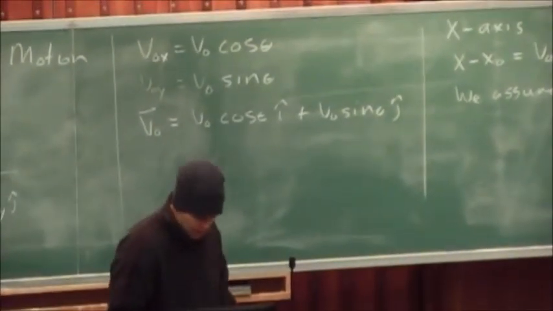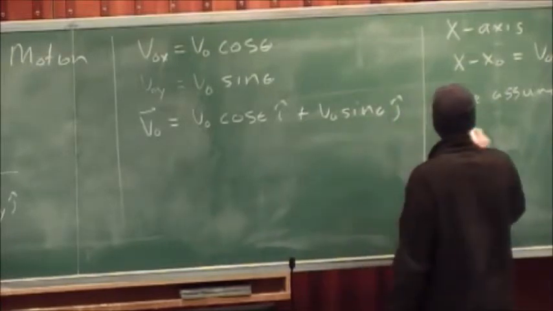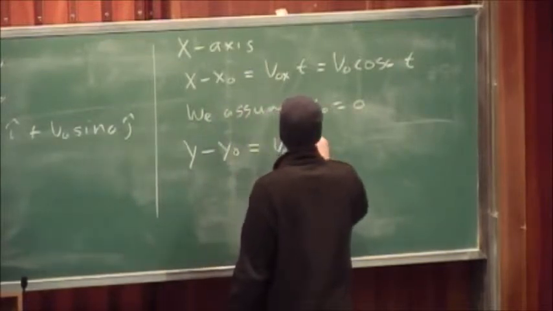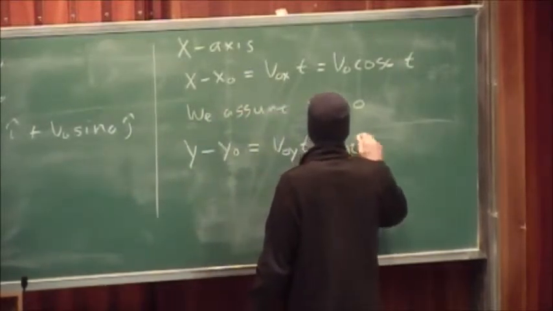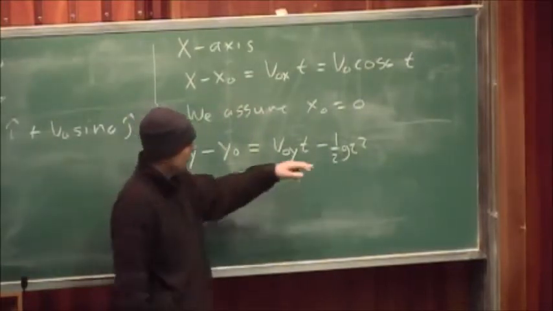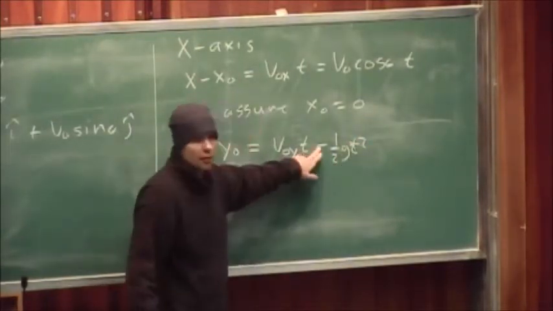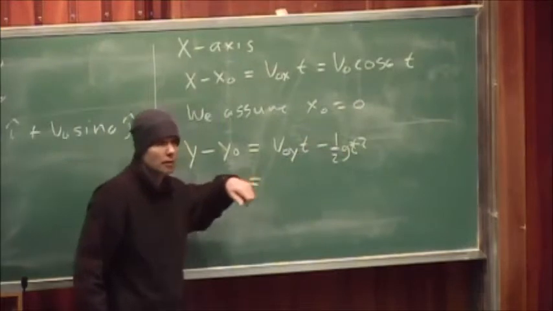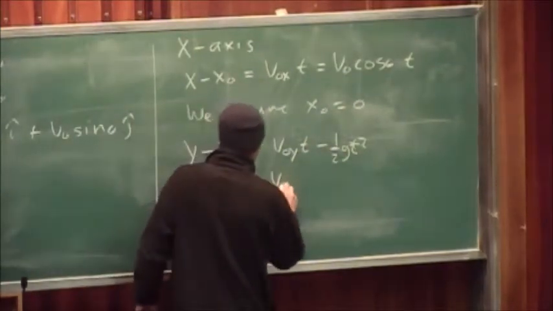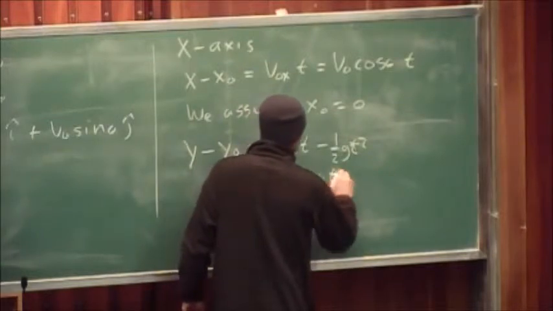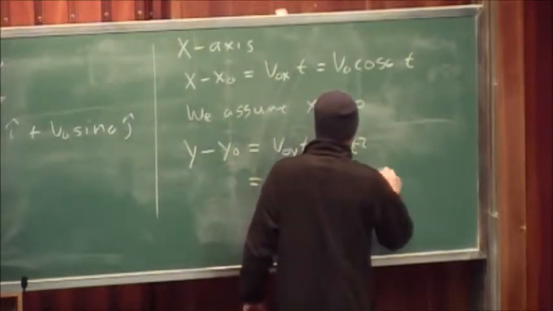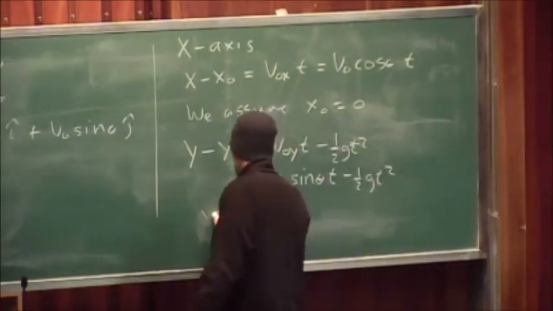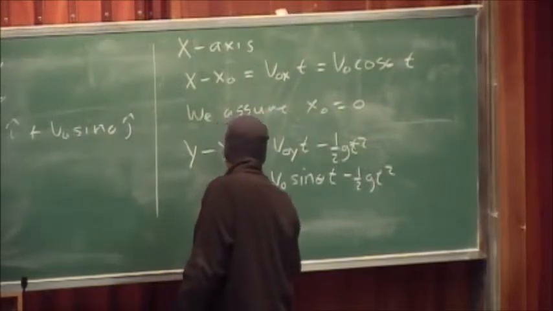And y minus y0 is equal to v0y times t minus 1/2 g t squared, where now what we've assumed is that we have an acceleration that's pointing downward, and that the acceleration is g. And so we get that this is v0 sine theta times t minus 1/2 g t squared. So that is our direction here, and we're also going to assume once again that y0 is equal to 0,